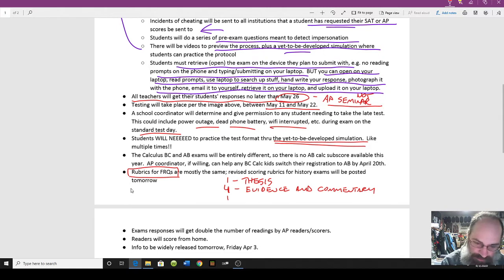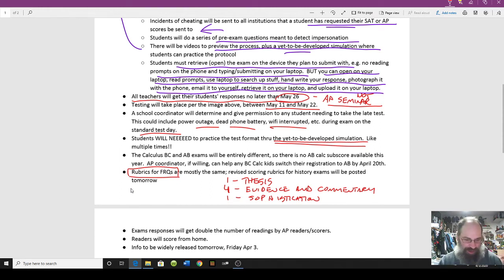And then 1 for sophistication. We all hate this rubric very much. We hate it because it's new, but we mostly hate it because it doesn't make any bloody sense. The 9-point rubric, in my opinion, was far superior. It showed kids where they were. I don't like it. But that's what they're doing.